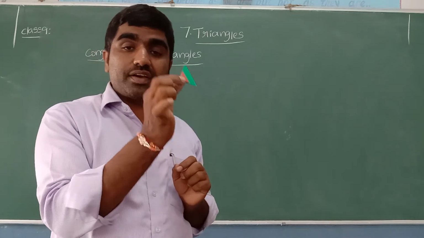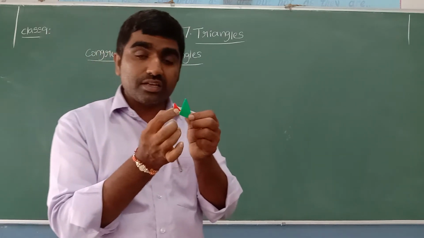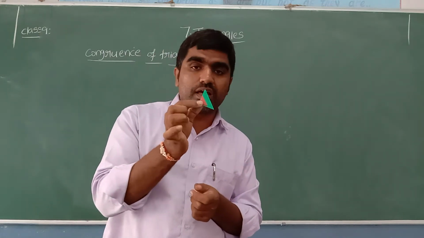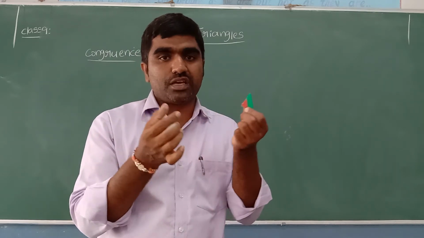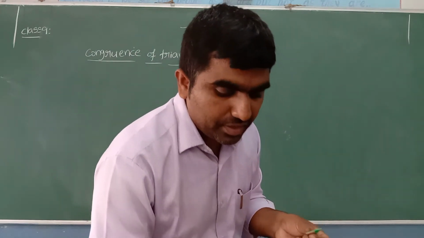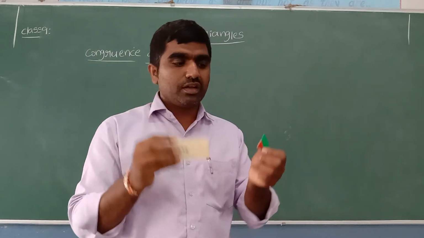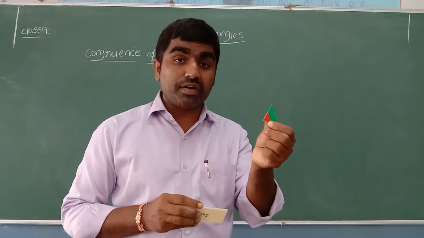So these types of figures are called similar figures. They have the same shape, triangle shape, but the size is different. Figures are said to be similar if they have the same shape, and the size may be different or the same. Now see, these two are called congruent figures, while these both are called only similar figures, not congruent. Let me repeat once.